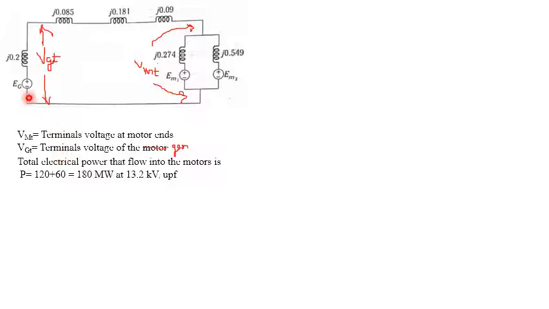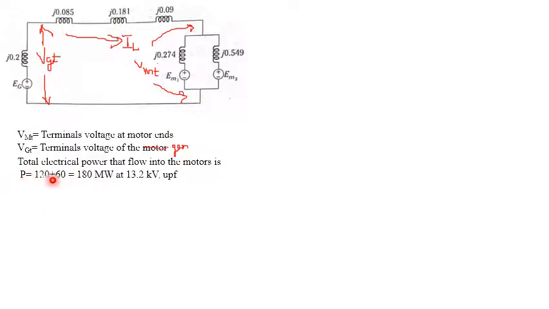Fine. So why are we doing all this? Because I have to calculate what the generator voltage is. I don't know the generator voltage, because there is a change in the load. Because of the load, the terminal voltage of the generator will change. I have to calculate it the same way. So we have to calculate the current which is flowing into the network, IL. This voltage plus this drop, I can calculate the generator voltage.